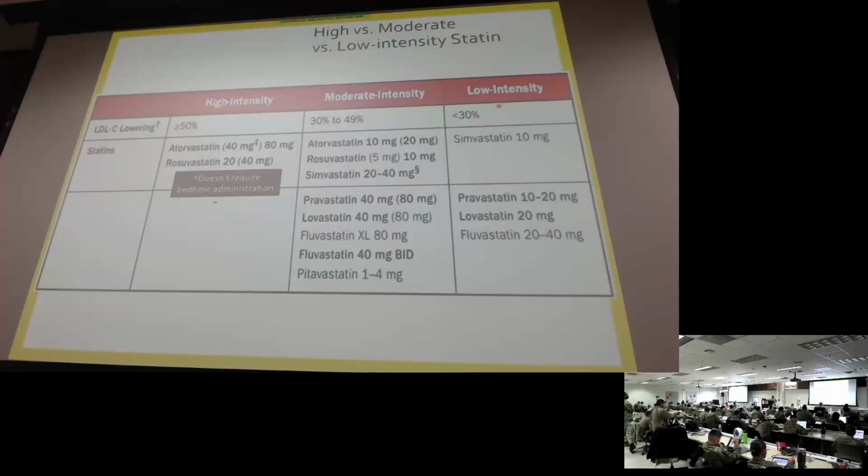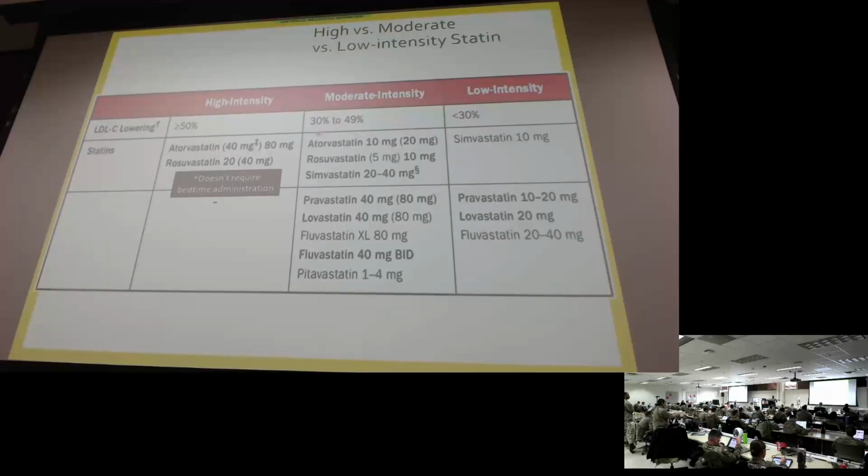You kept hearing me say that. Low intensity statins are the ones that we don't use as much, but we're trying to decrease their LDLs by at least 30%, right? So that's the number that you see here. This is the LDL lowering effect that medication will have. So that's why I said this is like a whiff. Most people, by the time you catch them, are well over needing a low intensity statin, okay? Moderate intensity, 30 to 49%, and your high intensity is over 50% is where you should see that reduction happen,